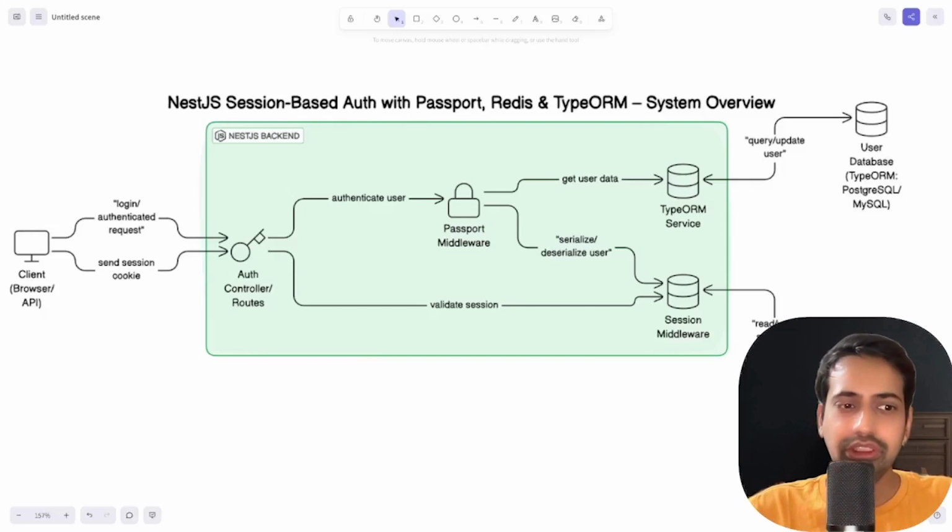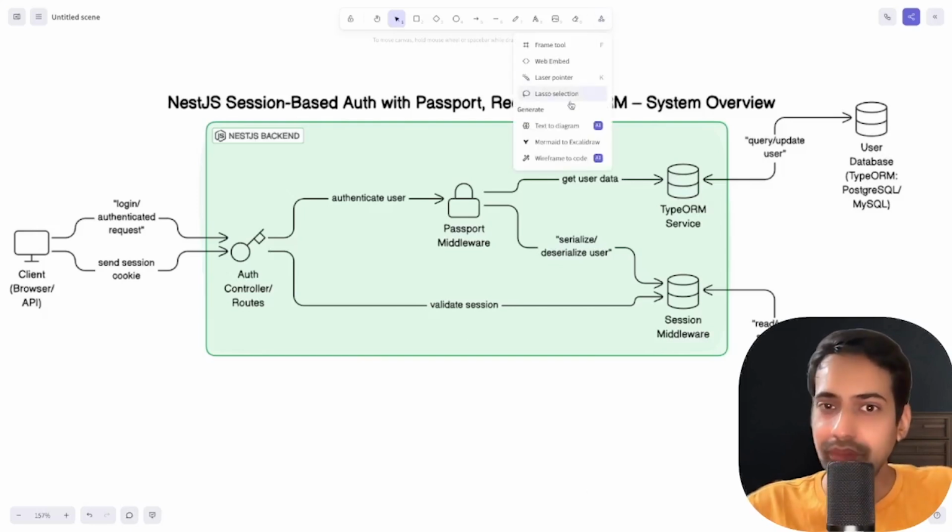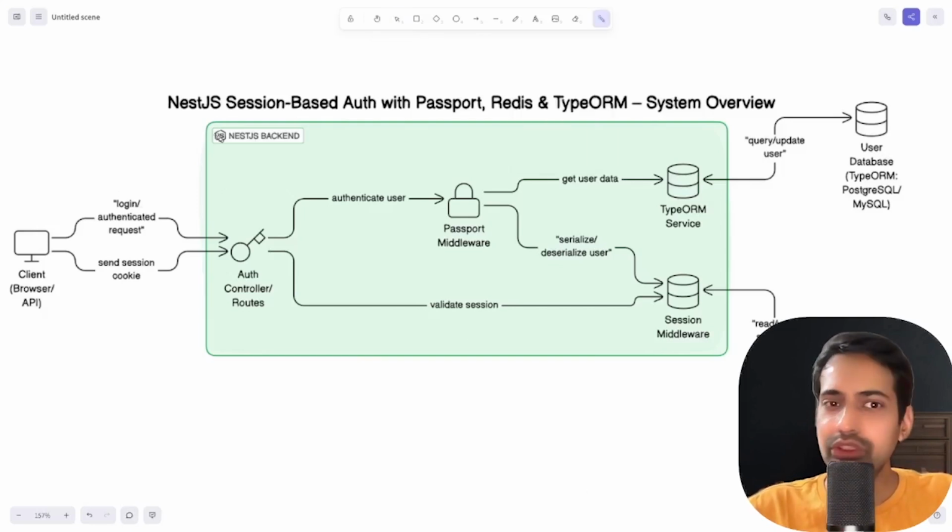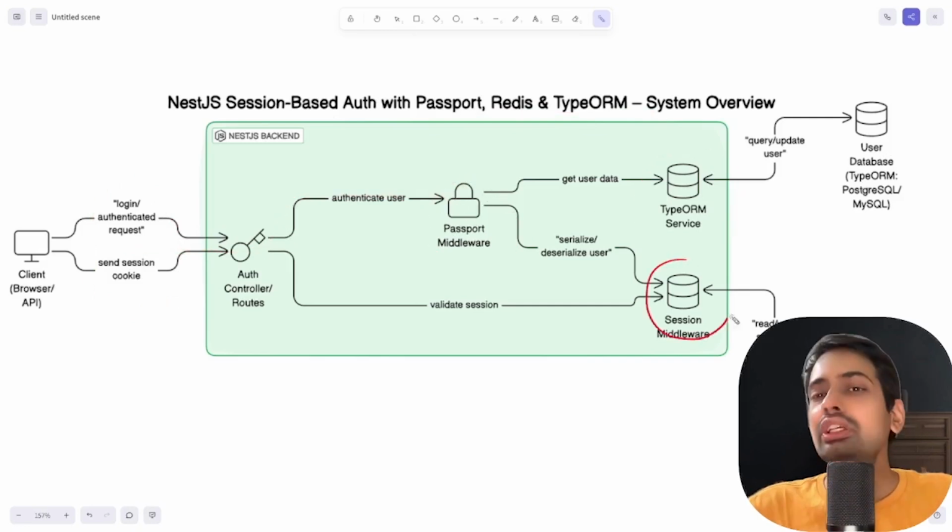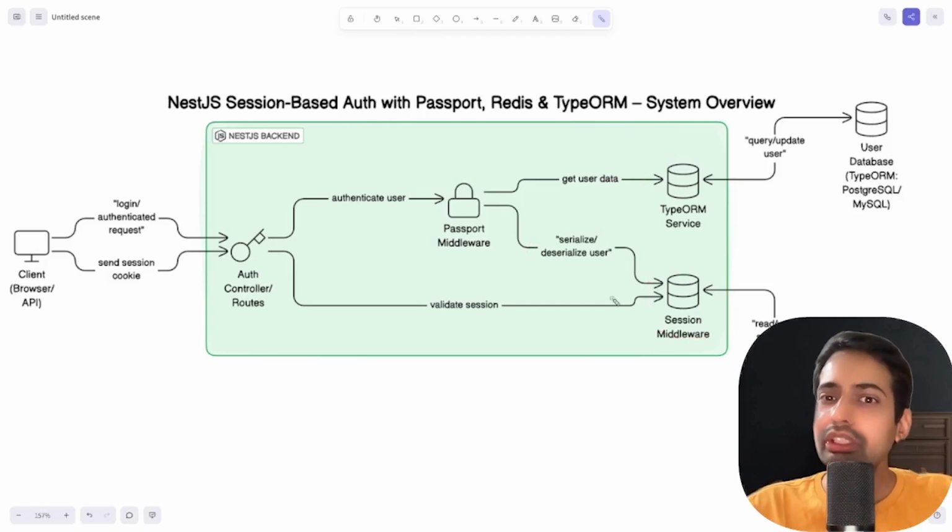If you see this, here we have different components: Redis, Passport, Typeorm. We are going to play with all of them. So this whole section is divided into these things. We will write a Nestjs app, because it's Nestjs, Passport, Redis, Typeorm. We are going to add some controller API routes. We will see how we can use Passport with the Express session, how we will configure Typeorm, how we manage